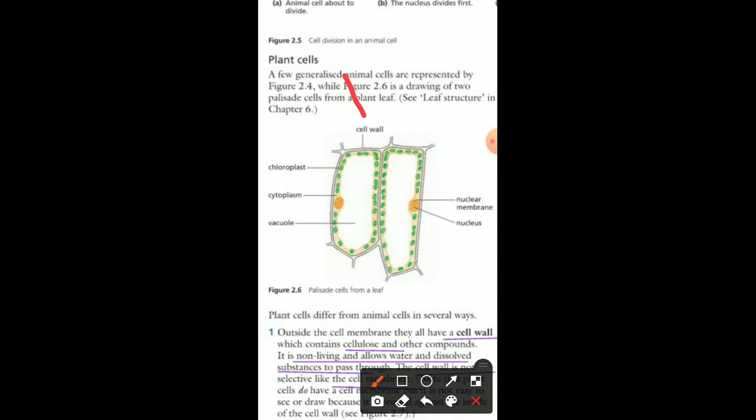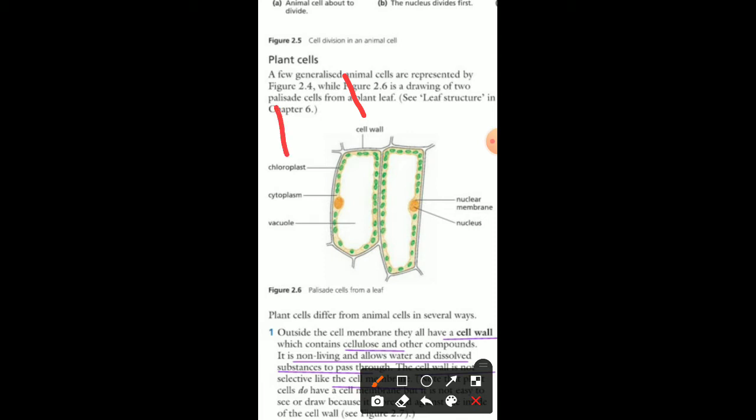The next point is about the nucleus. The nucleus is also covered by a layer called the nuclear membrane. It protects the nucleus from the remaining portion of the cell, as the cell has various pH in every single region. Maybe something is positive, something is negative. That is why it is mandatory for the nucleus to stay protected. That's why nature has gifted it with the layer called the nuclear membrane.